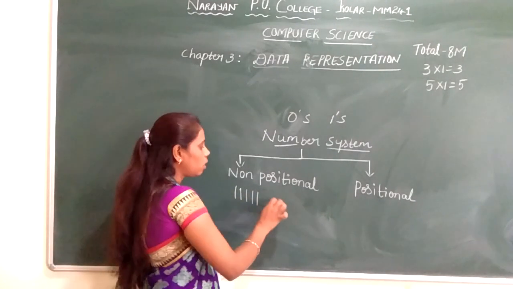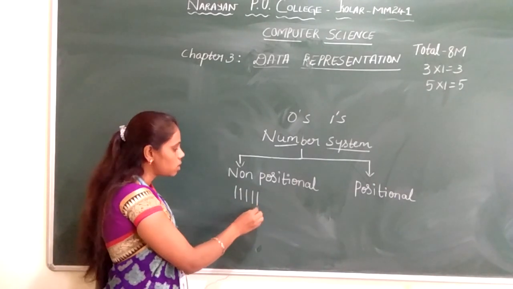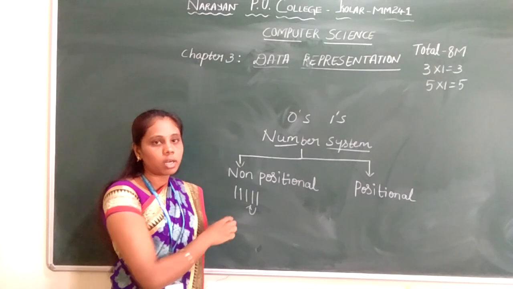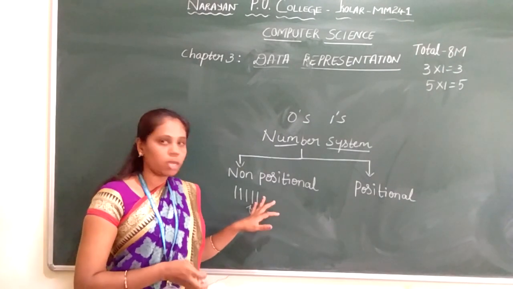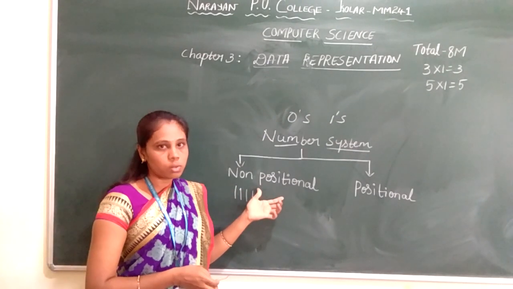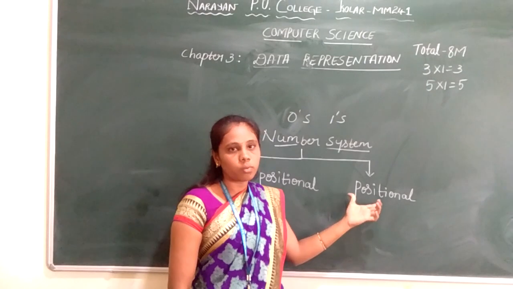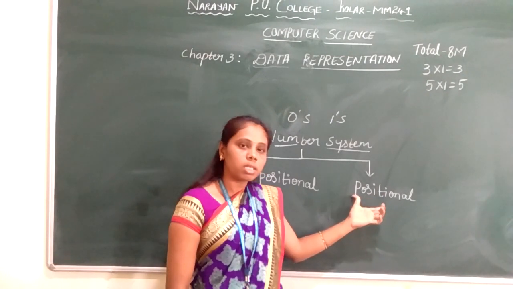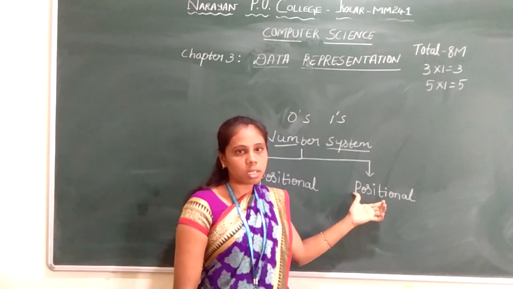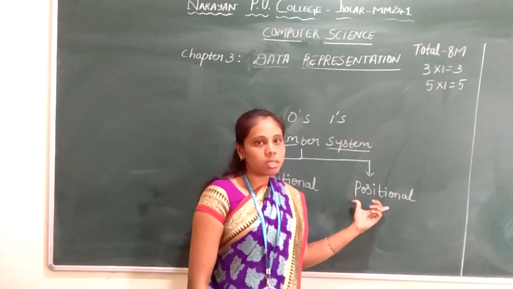If I write 5, this is 5 only, and if I interchange it to any place, it does not make any difference, because it does not have any specific value for the given position. Hence, it is not easy to remember larger values. To overcome this problem, the Indian mathematicians invented a new number system, that is the positional number system. So next we will see about the positional number system.